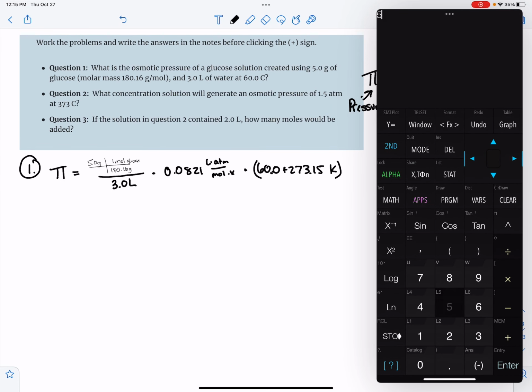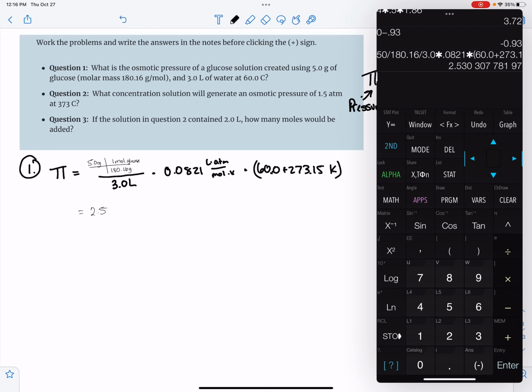I start doing 5.0 divided by, let me bring this down so you can see it, 180.16 divided by 3.0, so that whole quantity times 0.0821 times parentheses, because I'm adding something, 60 plus 273.15. And that gives me that my osmotic pressure is